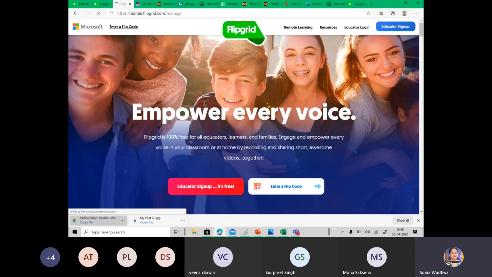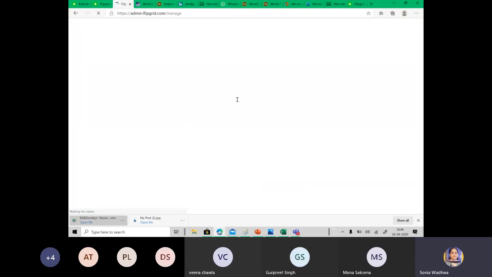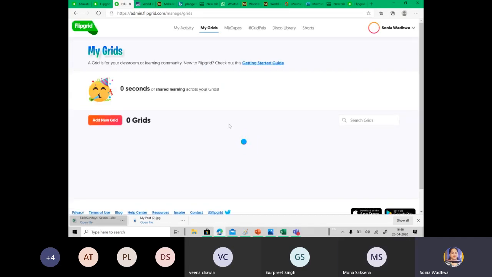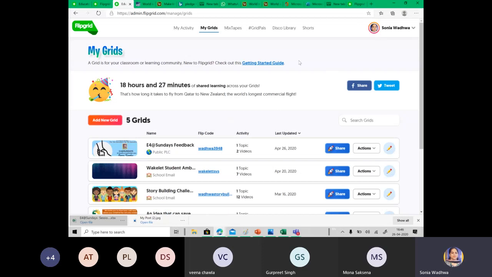Since I already have an account, my screen will look a little different from yours. Because I'm already signed in, it is bringing me back to my home screen. When you sign up as a new educator, you will get this dashboard, but it will be blank. If you are creating a feedback grid for students, click on add new grid.